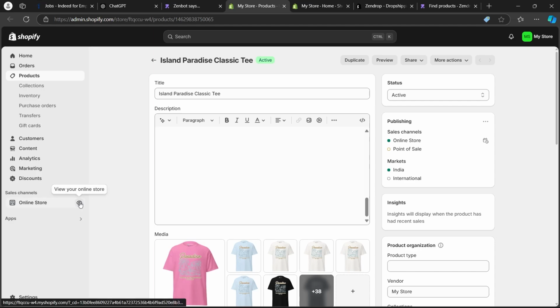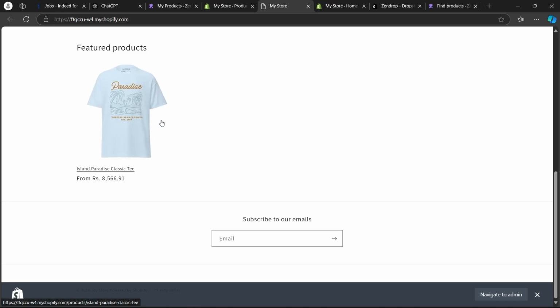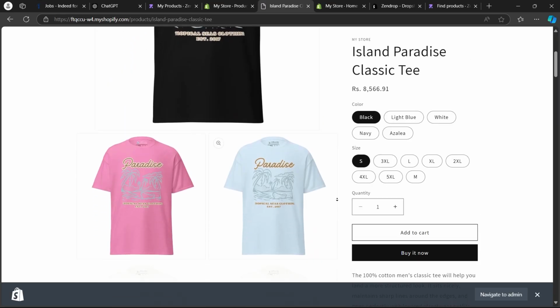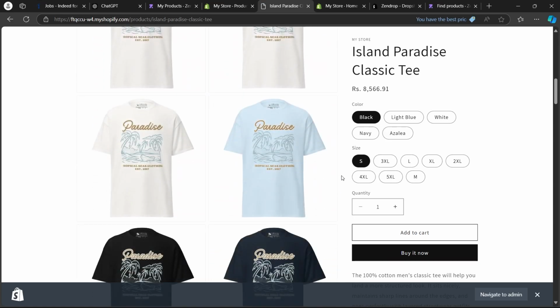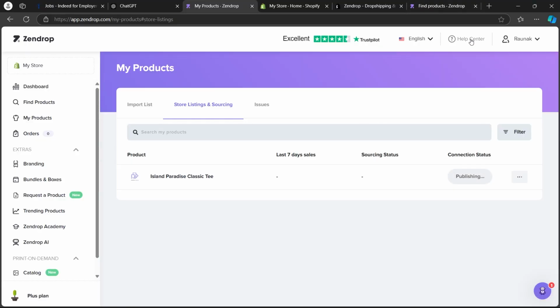After it's done, click on this view your online store button and it will quickly open up your online store where you can see that the product you chose from Zendrop is appearing here. So it's looking pretty good. This is how you can get products from Zendrop to Shopify and use them together. So that's how you use Zendrop for Shopify